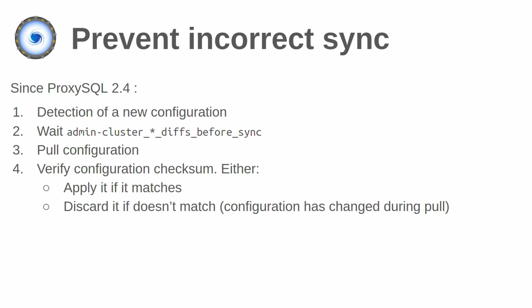So what we are doing in 2.4 is, we pull the configuration. Before applying the configuration locally, we compute the checksum of the configuration. And if the checksum is not B, which is what we were thinking we were pulling, we just discard it, and we basically go back to the same algorithm. Yes. And one was lagging behind, and it has different checksums. By the time that you actually want to pull it, it might have already changed.